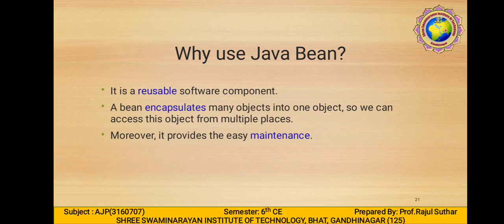So what is the use of Java Bean? Why do we use Java Bean? It is a reusable software component. Whenever developing an enterprise application, it becomes one task. It is a terrifying task. Along with this, the enterprise application must be secure, reliable and reusable. Including all these, the enterprise application must be easily integrated with existing models and run on any type of platform with